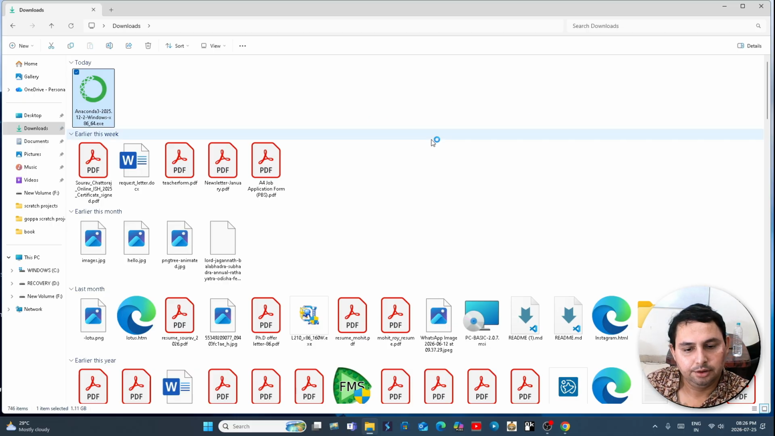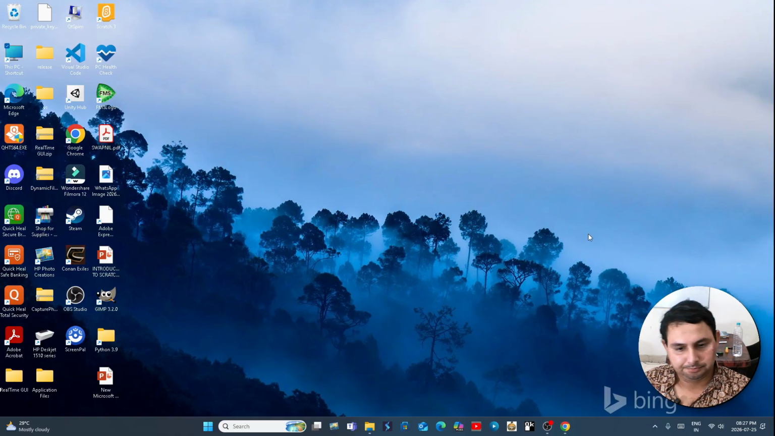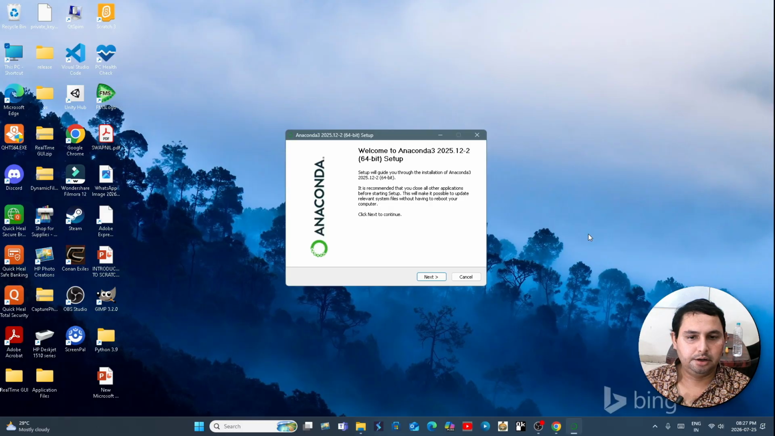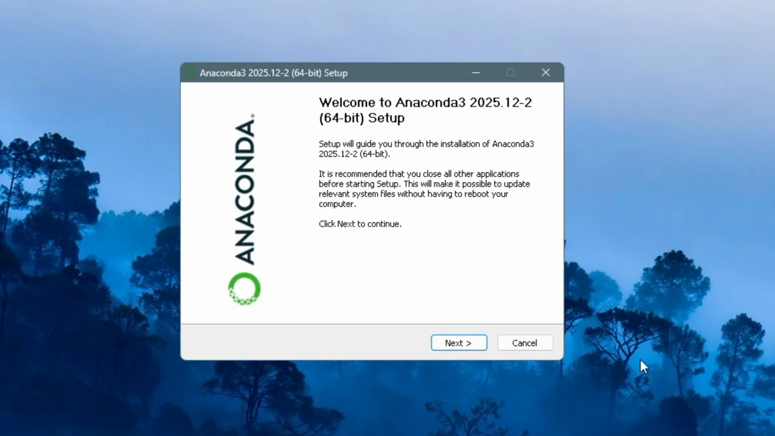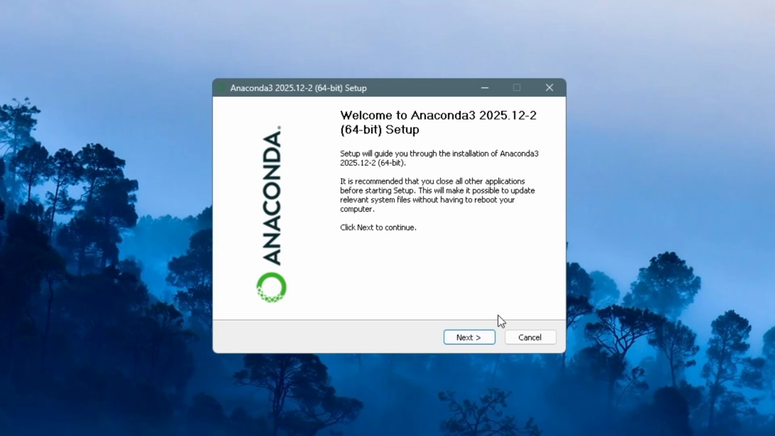When you run this, you will see that the software will try to install. The window will come up like this. Please wait, the setup is installing. Now here you can see it is written that welcome to Anaconda 3, the 64-bit setup, because this is a 64-bit computer. See, it is recommended that you close all other applications, they are saying, because it will be possible to update relevant system files without having to reboot your computer. Because it is a heavy environment, they are saying that you close all the